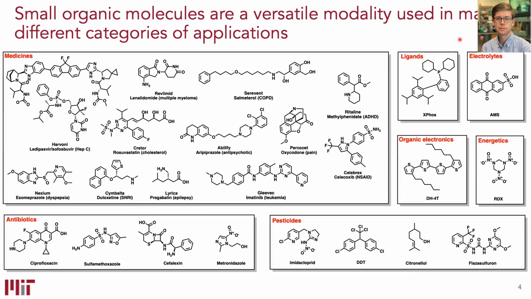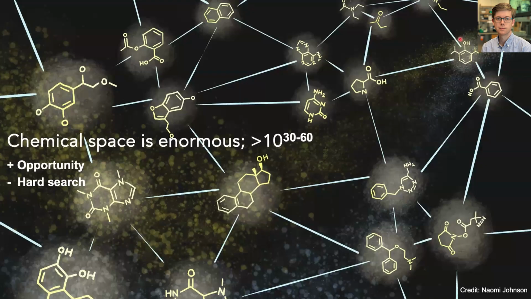And what's interesting is that, just by rearranging these same kinds of atoms, you can access such a broad range of function. And this is really because chemical space is huge, right? If you think about all the possible ways you could arrange these atoms in these graphs, there's an enormous number of possible chemical structures. And people estimate this number in various ways. So 10 to the 30, 10 to the 60. It becomes meaningless, right? Because it's virtually infinite. We can't exhaustively search this space.